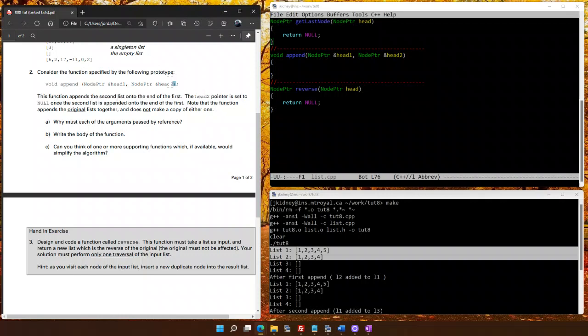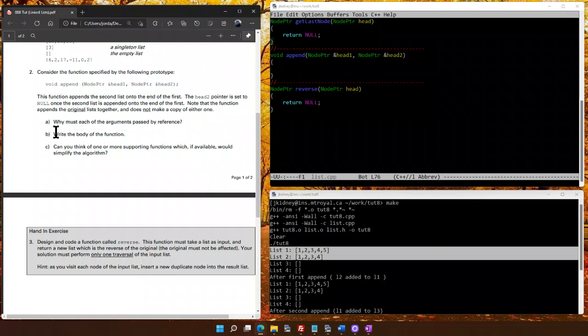So basically everything that's in this list has to be added on to the end of this actual list here, and then at the end this one list here, the head reference has to be set to actually null. And so we don't do this by making copies or anything else, we are just updating the actual references. So why must each of these arguments be passed by actual reference? It's if we actually need to update them, because we need to update what the start of these lists are. If they come in here, we'd have to return both, but we need to update head 1 and head 2 too. So this list has to be null in the end for that reference, and then this one has to be updated properly. So we need to actually be able to pass by reference to update the original head starting